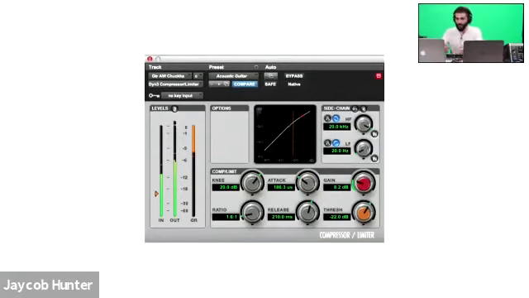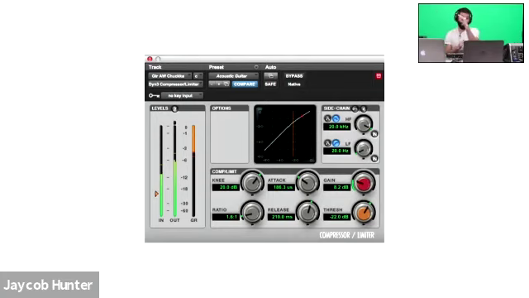This graph here is showing you that white line and how it curves up at an angle, and then at one point the angle gets a little more extreme. That's the point at which the compressor is compressing. I don't know if you can see the little red ball close to the upper right hand corner. That little ball is dynamic. It will bounce around, showing you the level of your signal at any given time. And as it moves up that white line, once it reaches that point where there's that knee in the line, which is where that term comes from,